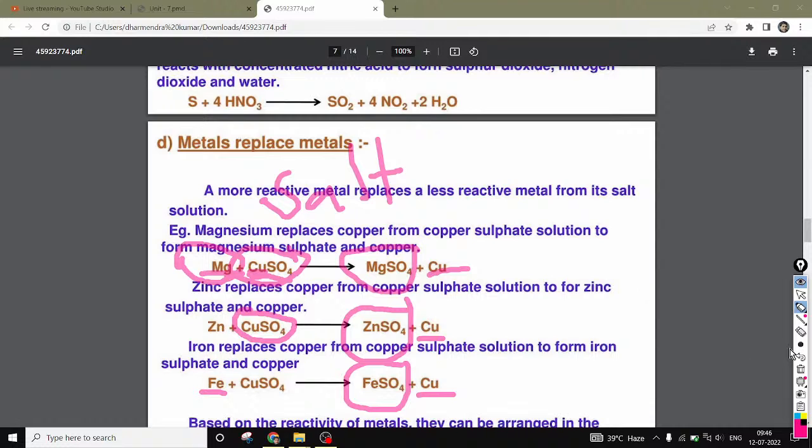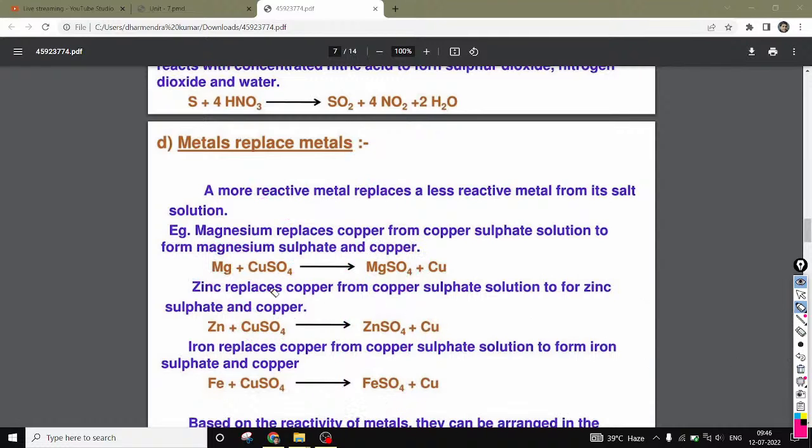So this reaction generally depends upon the reactivity series of the metals, right? Means which metal is highly reactive, then it can easily react with the metallic salt and replace the less reactive metal in the reaction mixture or in the particular reaction. Okay,